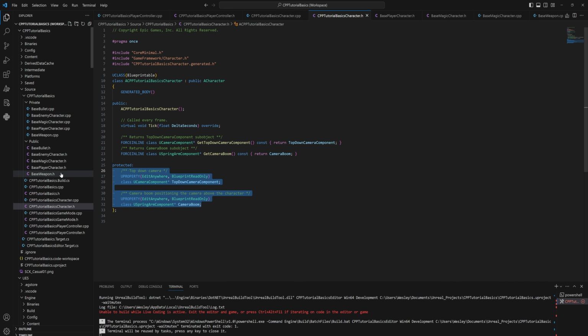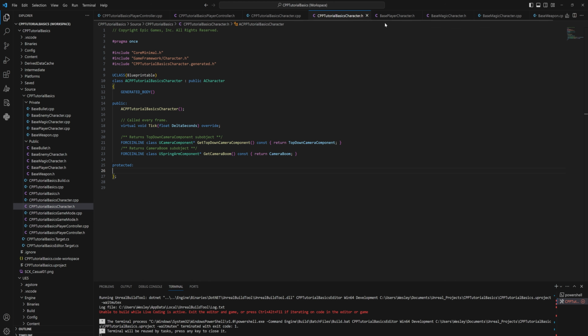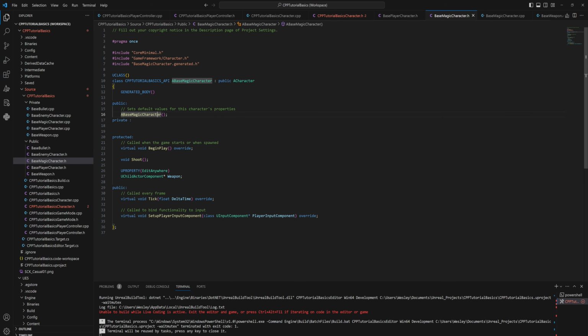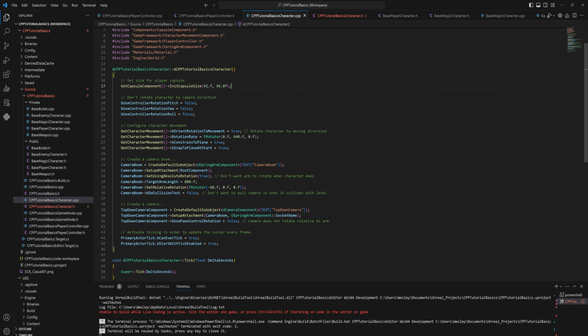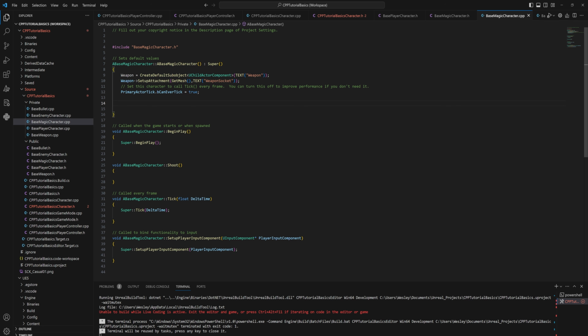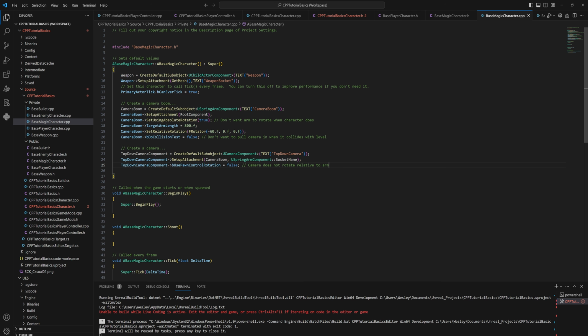Those exist in here, so let's just cut those out and then go into our base magic character and add those into the protected section, then steal them away from our camera boom and our camera here as well, and add them into the constructor here too. We do need to